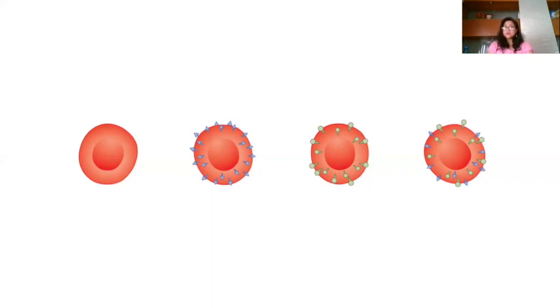A person whose RBCs have both antigen A as well as antigen B will not produce any of the antibodies, and their blood group will be termed AB, since both A and B are present. And the last, as shown in figure 1, the person does not have any antigen and his plasma will have both the antibodies, anti-A and anti-B. The person is said to have blood group O. O shows absence of both the antigens, antigen A as well as antigen B.